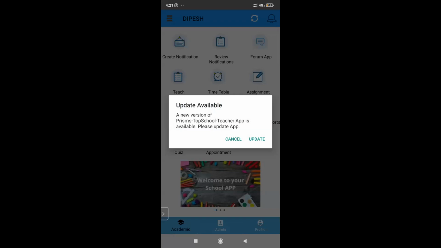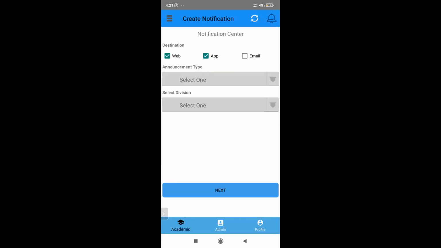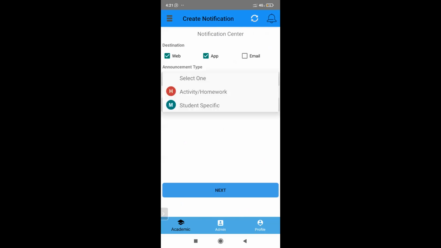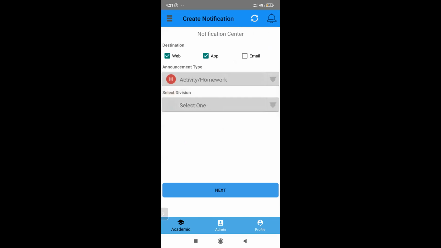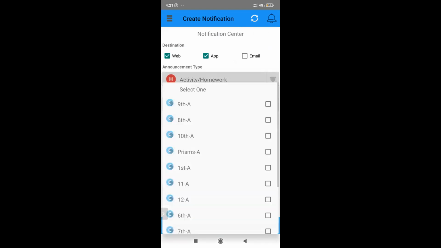If you're already logged in, you just click on your name. There's a tab of create notification. In create notification, you can select whether it's an activity or homework, or whether it's for a specific student. Then you select which class. If you want to send to the whole class, select the first option, so it will go to all classes.